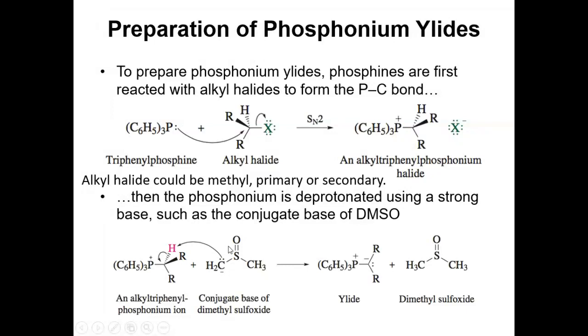The strong base that can remove this proton is typically the conjugate base of DMSO. So how do you prepare the conjugate base of DMSO? You can throw some sodium hydride into DMSO. Sodium hydride is a very, very strong